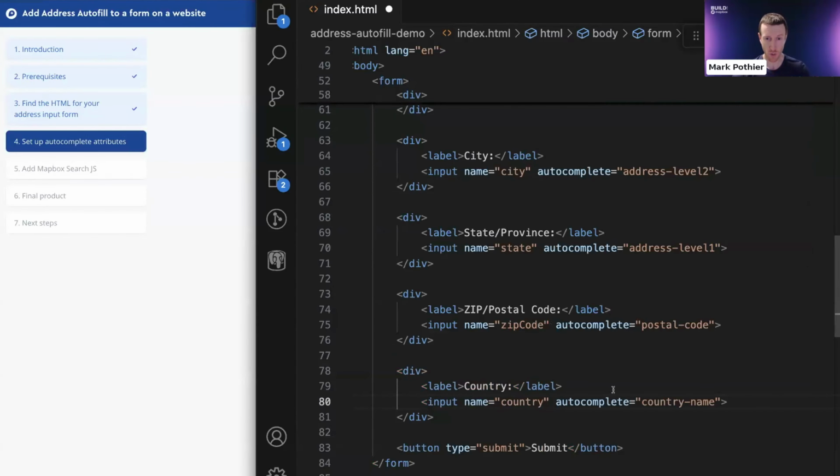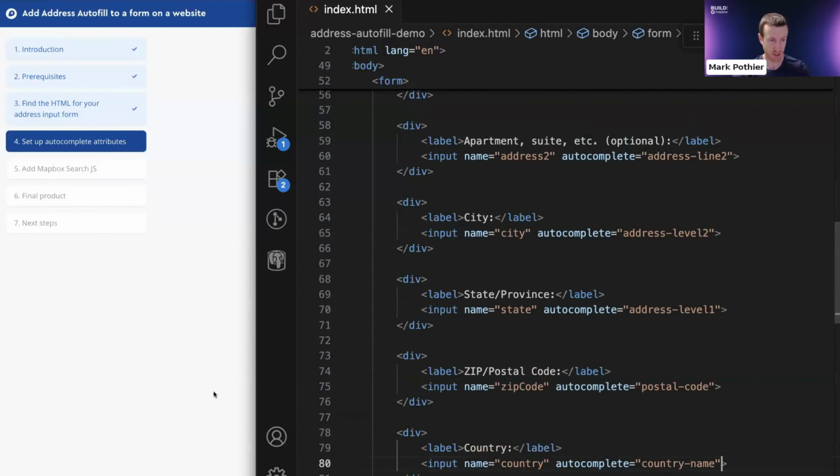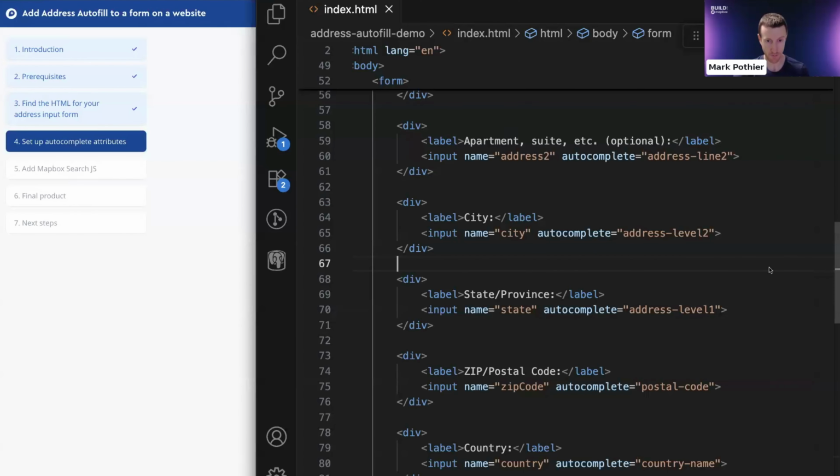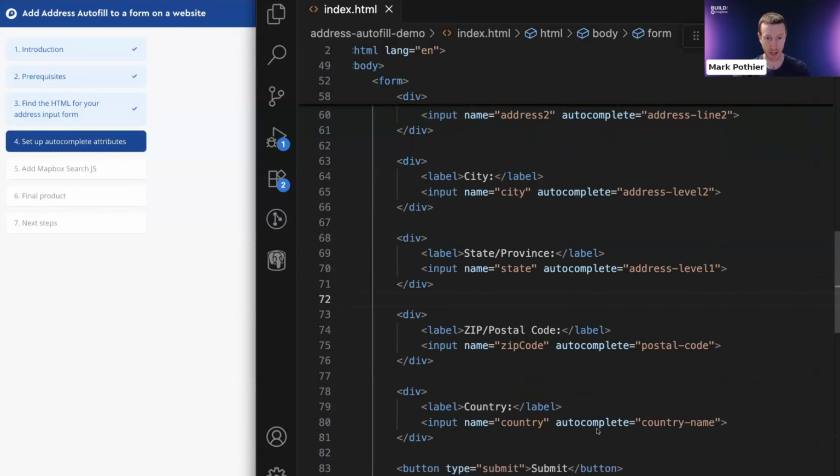And if you're wondering where we came up with these labels or these values, it's not random. We actually follow the WHATWG web specification, which is a commonly used, universal series of web standards used around the web development community. So if your application is already following those standards, you might have already added these autocomplete attributes to your form. So now that we've added these attributes to each of these form fields, let's save our